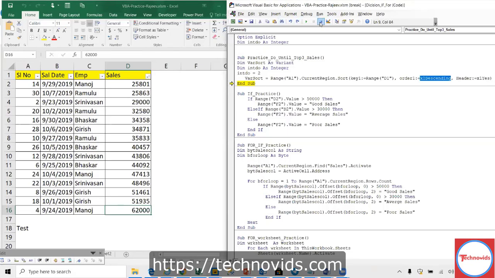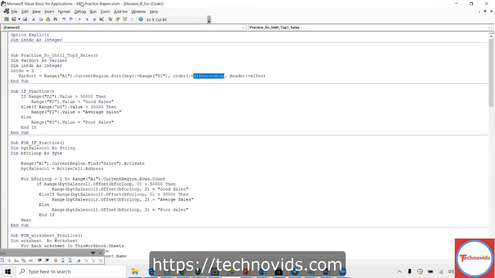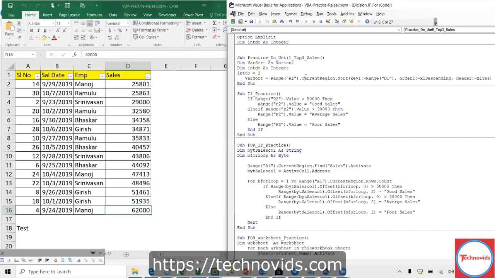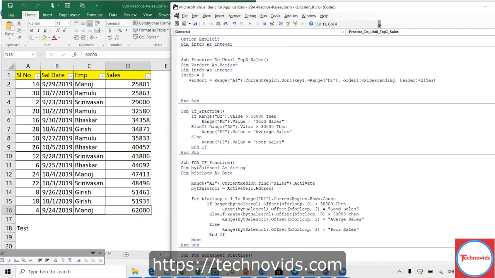And now we will go for a do loop. Okay. So do while this is less than or equal to 3, right? So let us declare a variable, start with 1. Start with 1 and we'll have a do while loop, right? Do while do is less than or equal to 3, right?